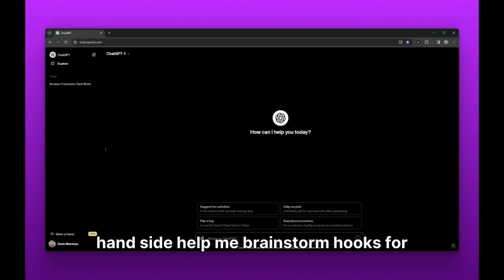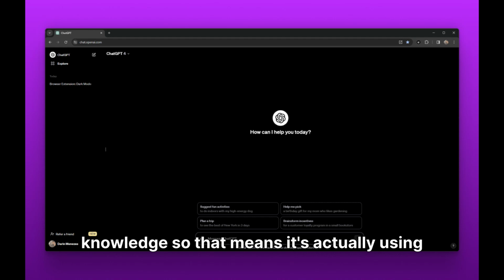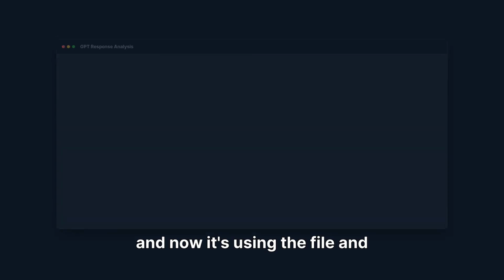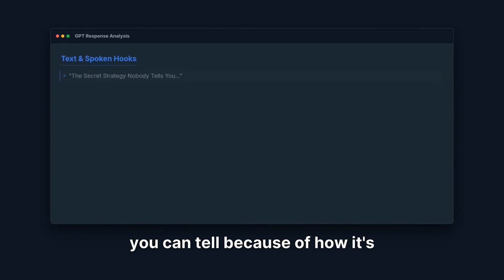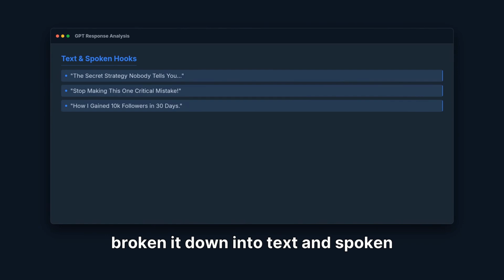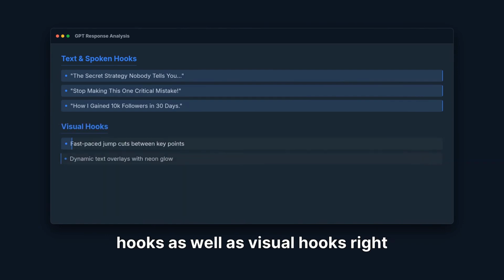Help me brainstorm hooks for free AI courses. It's searching my knowledge, so that means it's actually using the file that I've uploaded, and here we go. And now it's using the file. And you can tell because of how it's broken it down into text and spoken hooks, as well as visual